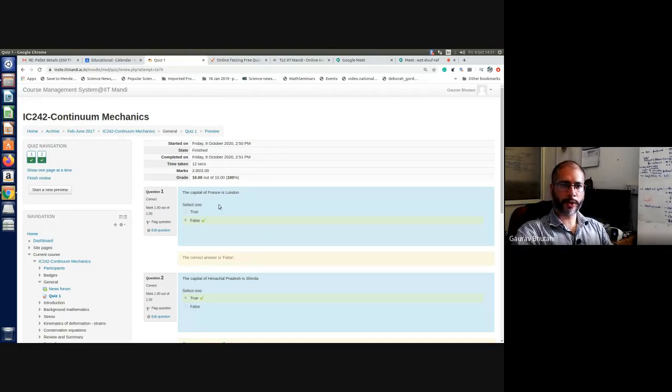You can also do other things such as shuffling between the questions. So if you have multiple options, you can shuffle the options, and you can also shuffle the question order. So in that case, in this case, we only had 2 questions. If you had 10 questions, with each question having 3 options, so these 10 random questions, again, the order will be shuffled. So that again creates another level of complexity. And when you have a limited amount of time for these kinds of Moodle quizzes, then the chances of copying and plagiarism go down immensely.